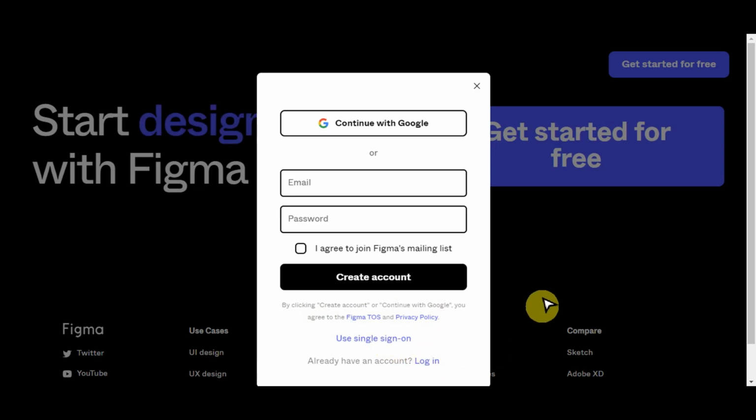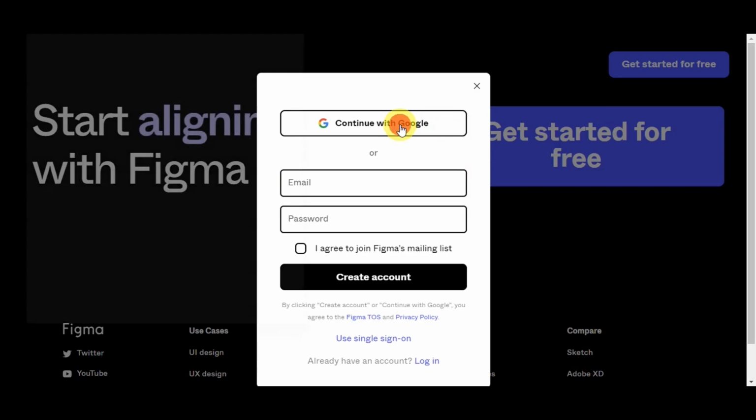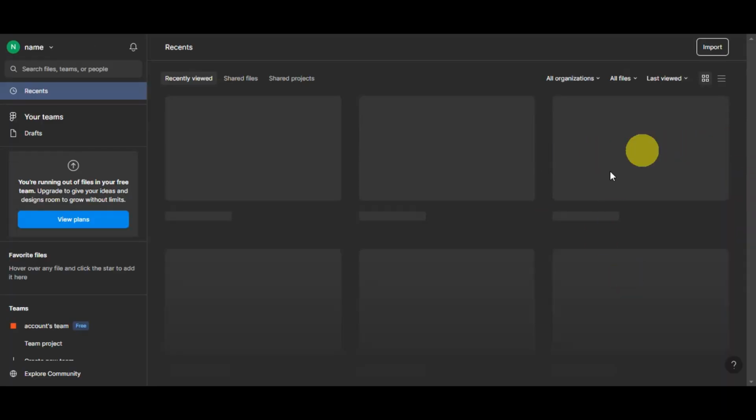So usually what I try to do is just continue with Google in here. I do this on almost every website so that I don't have to remember my email and password. I'm just gonna go ahead and click onto my account. So let's just do that one in here. Let's click onto that. And right after a quick login, you'll get redirected onto this page, wherein this is the